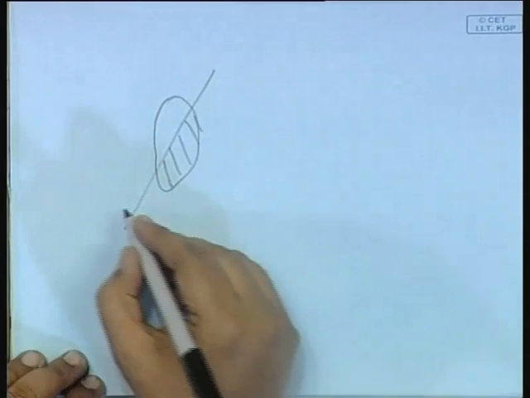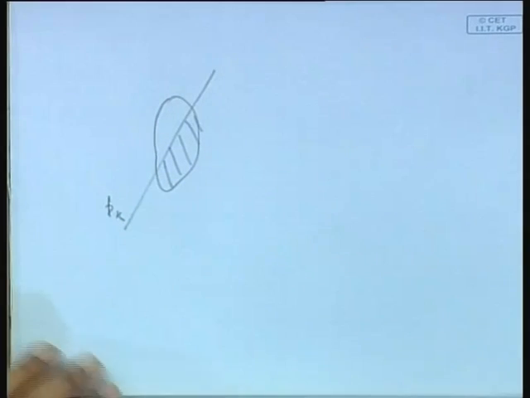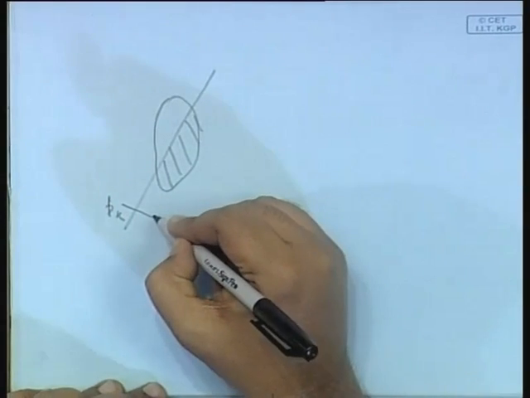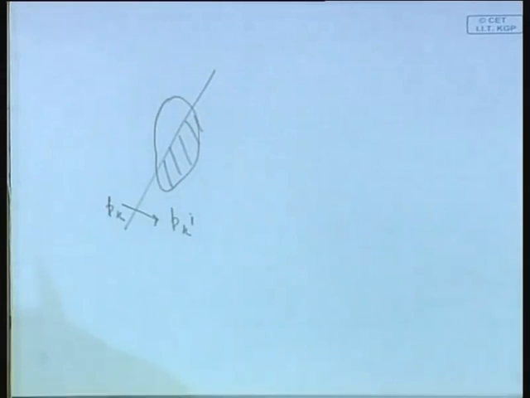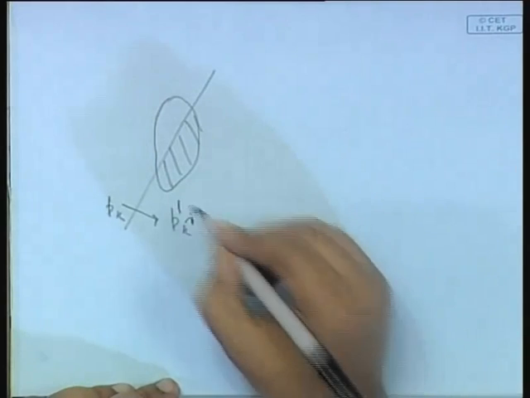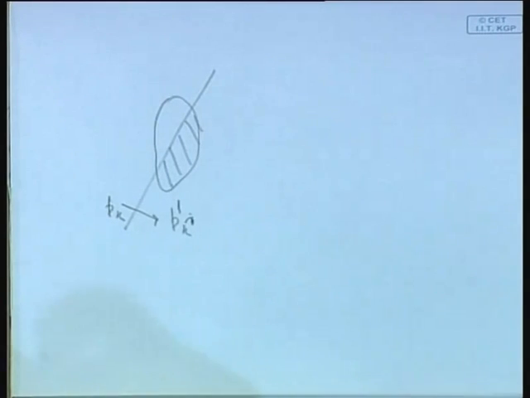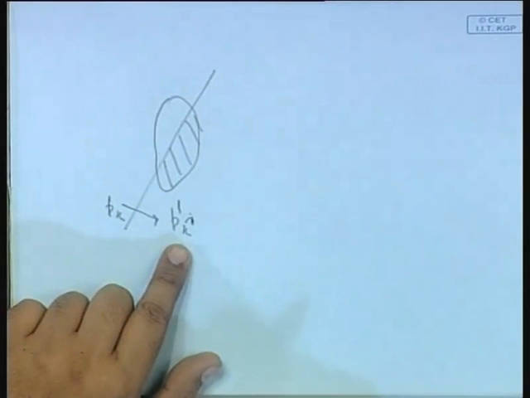So, before removal the network has pk, and after removal the network will have pk dash, or p dash k. So, just given a network and after the node removal technique, if I can find out p dash k,